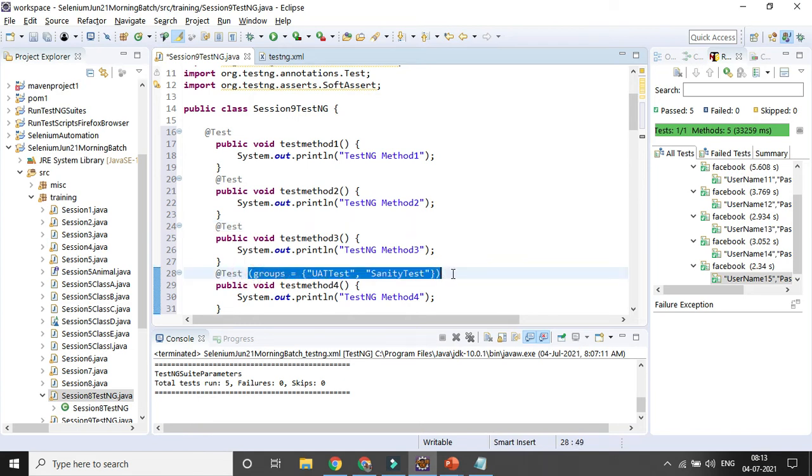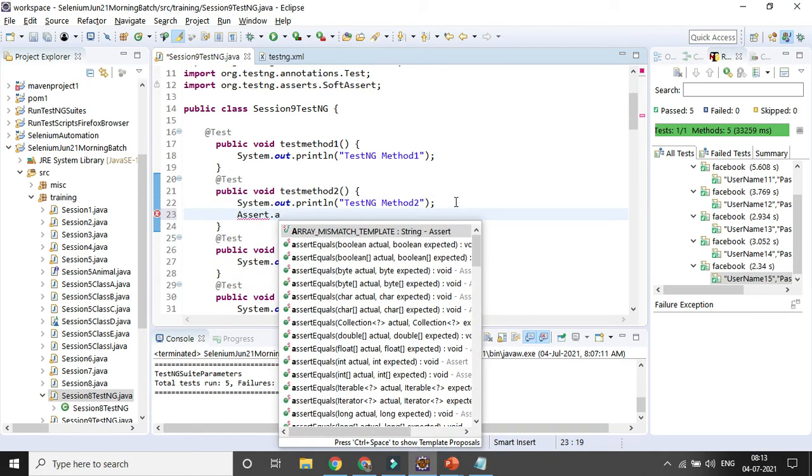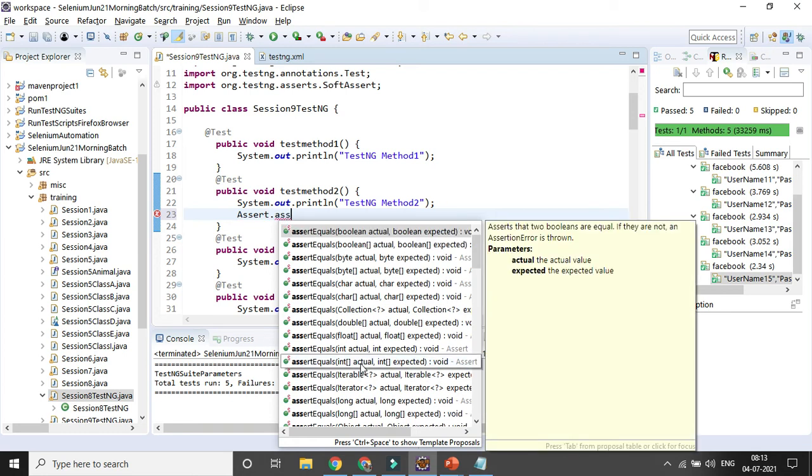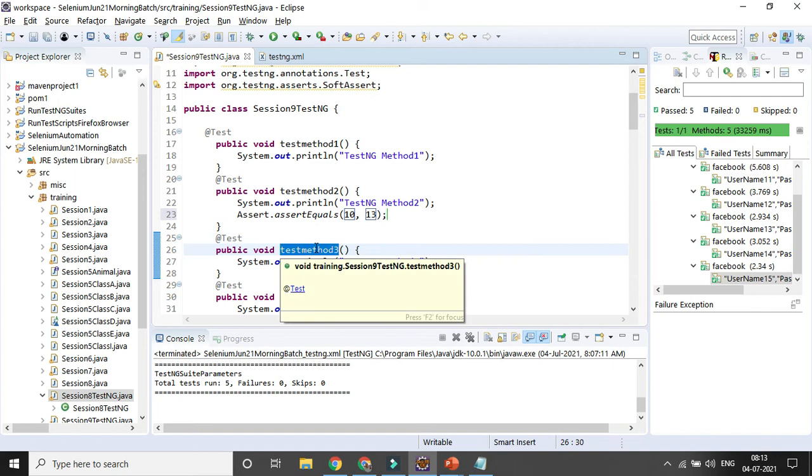Suppose here I want to fail one test case, and method 3 I want to make dependent on the other method, so that it will be skipped in case of failure, as you already saw in my last session.